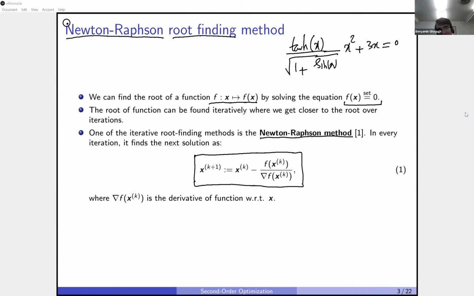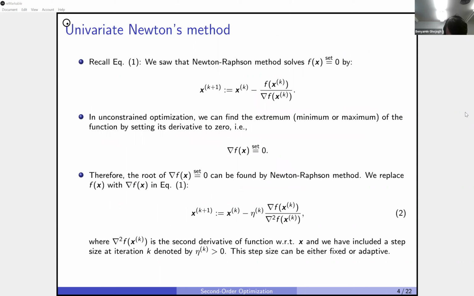You can see its connection. It's very similar to what we have in iterative optimization. Okay, let's see how we can use that. So this is the Newton-Raphson method. And okay, now